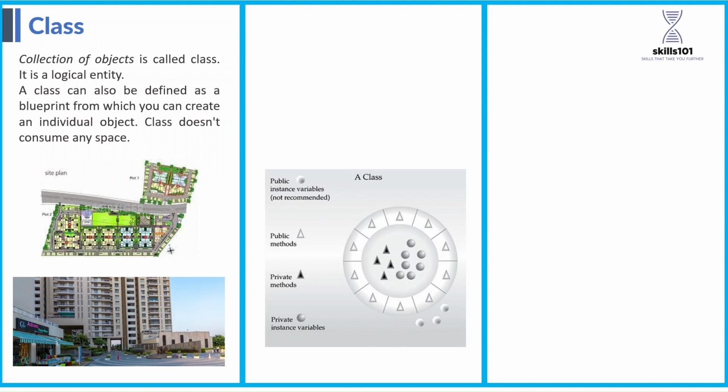In a similar fashion, in a real world example, if I am creating a site plan for a 1000 plot or maybe 100 plots, this blueprint is the class, and the real example made through that blueprint is the object. Class is a logical entity, whereas object is a physical entity. If you create a blueprint of a house on paper,